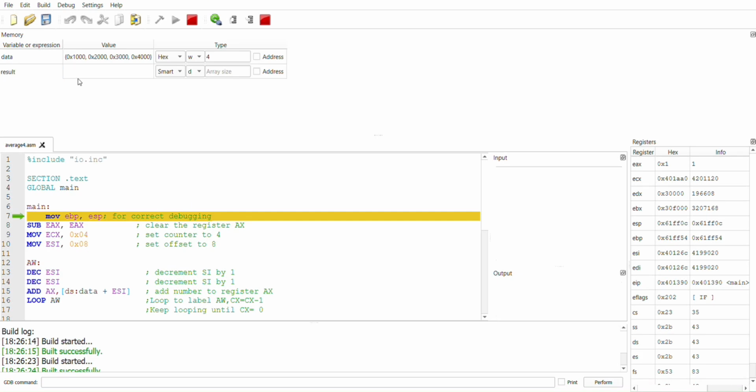For this one also I will choose hex, and this is W, and the array size is 1. So now as you can see on the data, there are 4 values, and the result is currently 0 because the program has not stored anything yet, as you can see here on line 7, we haven't done any